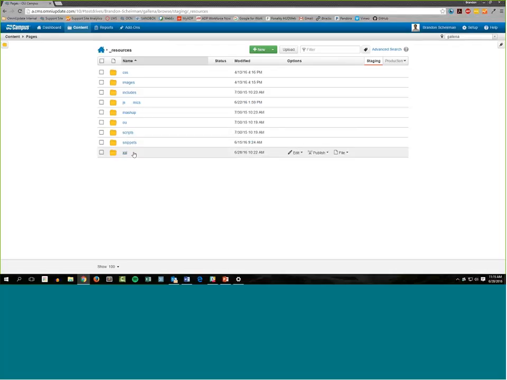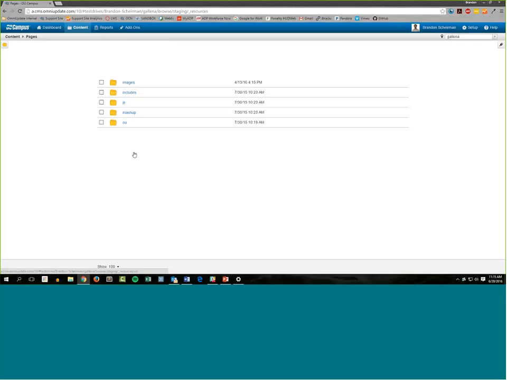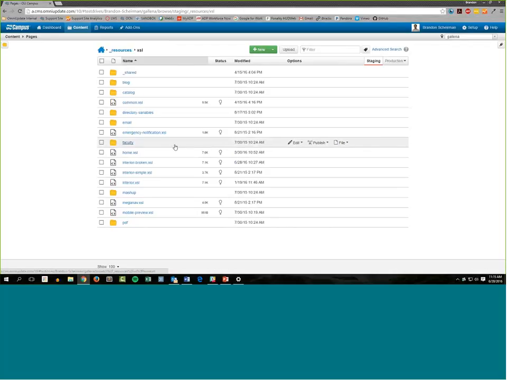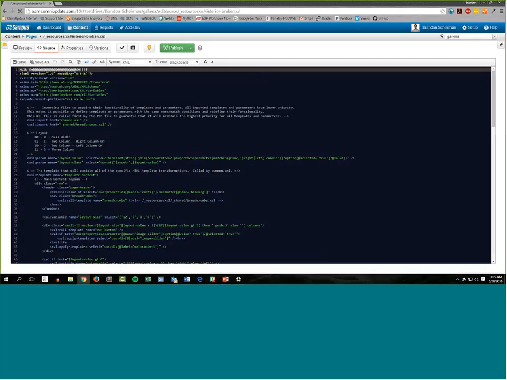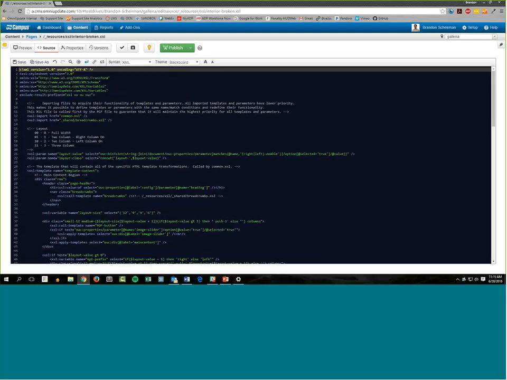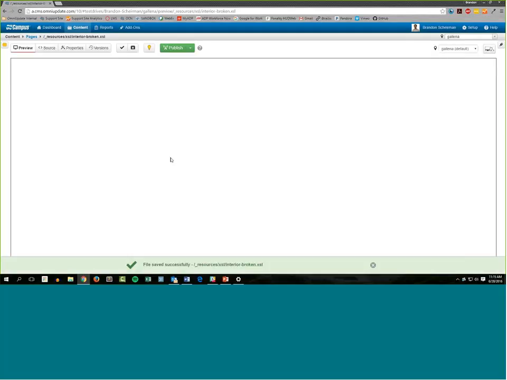And typically, if your page is able to be rendered and transformed and everything looks good, then you just need to maybe republish the asset again and everything's good. So if I go to this interior broken XSL file, you can see that I've just written "Hulk smash" right up at the top of the file, which is something that's definitely not allowed by XSL standards or XML standards. So if I just get rid of that and hit save,